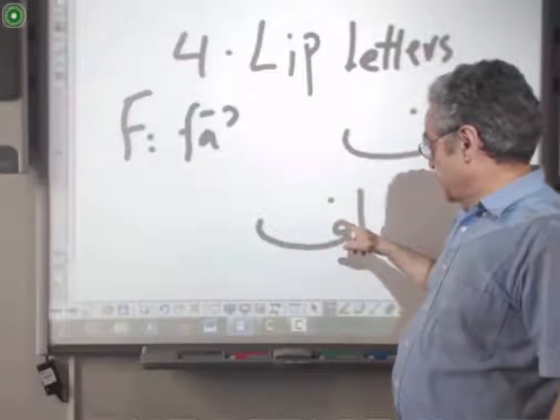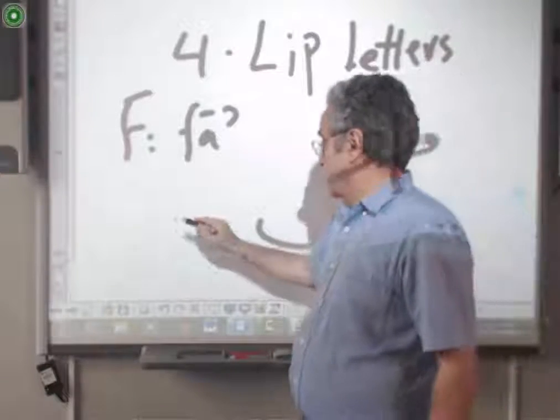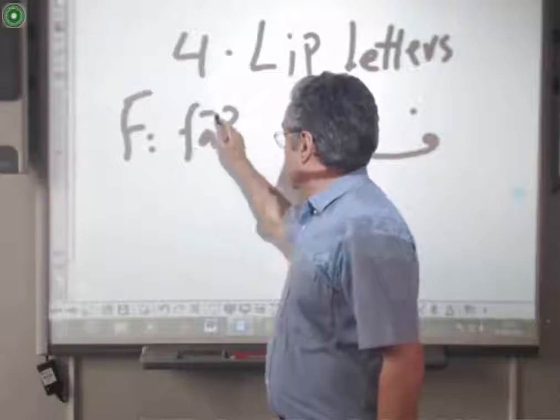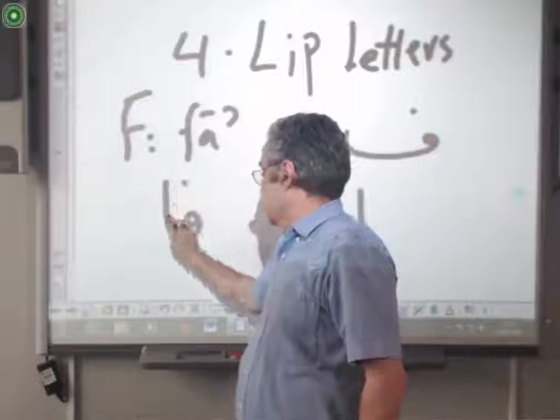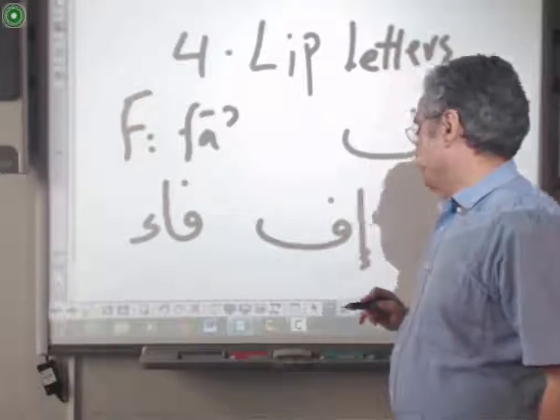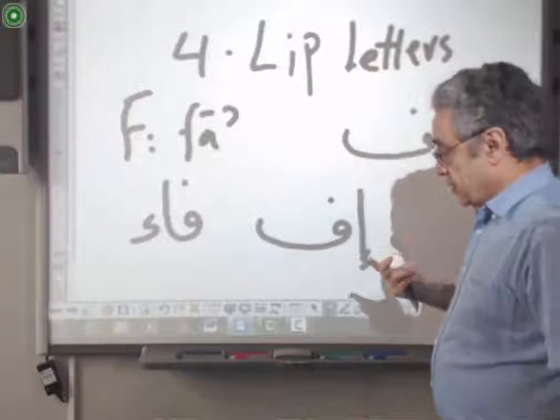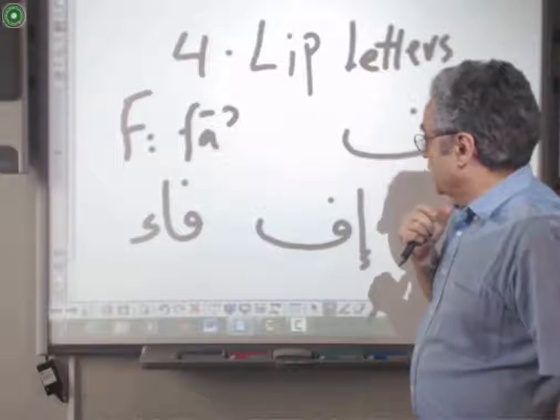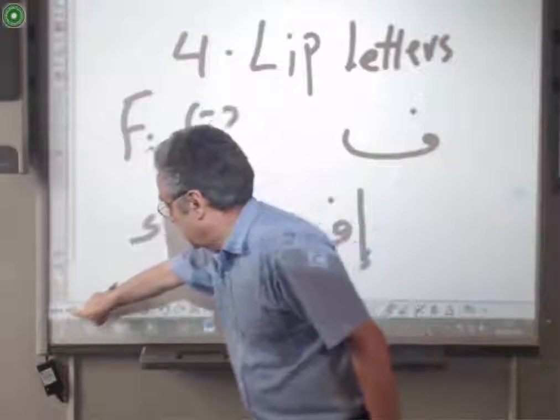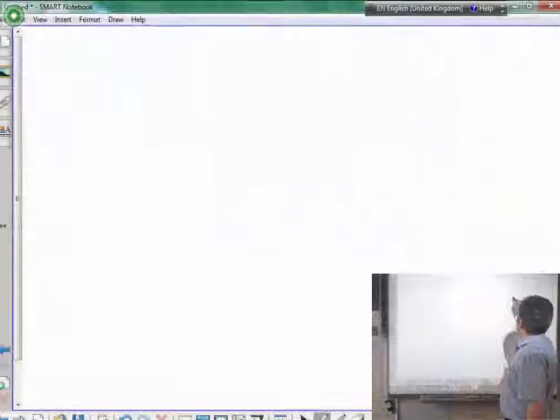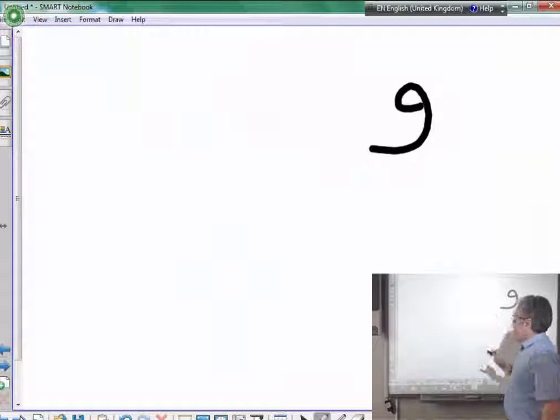So that is the letter F, and maybe you can take the name is fa. I can write it in Arabic, fa. And the other letter, maybe you can write it here. It is not the wow as long vowel. It is a consonant, but that will come through incomplete